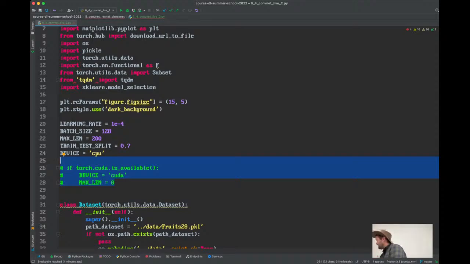First of all there is the max length 0, so the whole dataset will be used, not just a sample of the dataset for training, and it will run on the GPU device. If you do that, we will have some problems. We will do this a little bit later. So please do what I showed here. Just comment out the